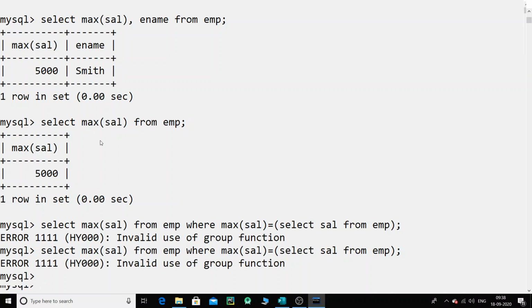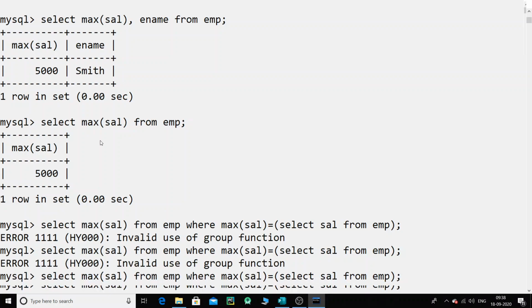Okay, let me do it this way. Select ename and salary from employee, where sal equal to select max of sal from employee.